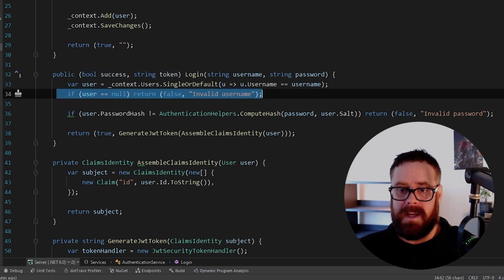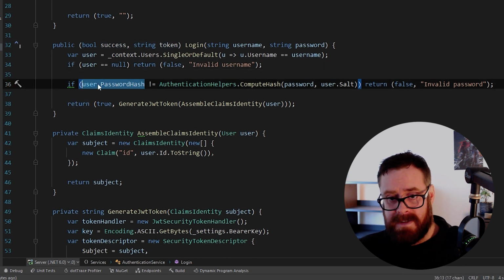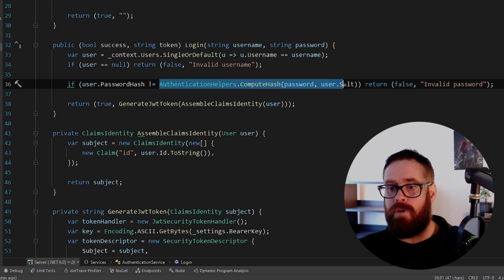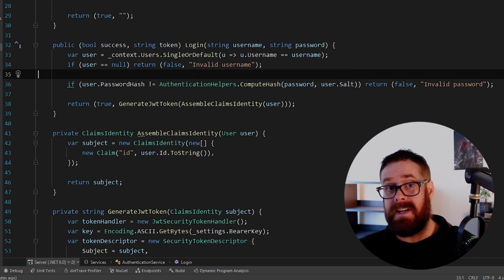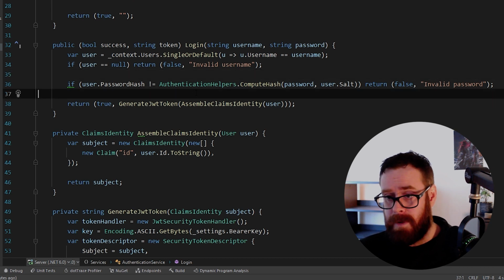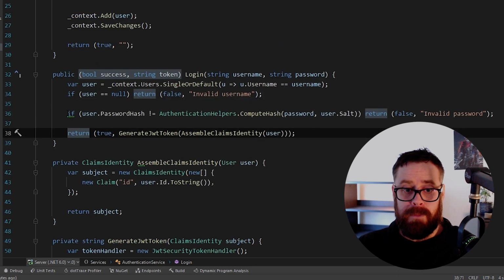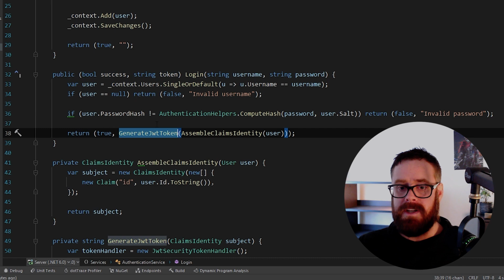So anyway, if the username is available, we are now comparing the password hash in the database, and then we are performing the hash again on the plaintext password to compare them. And I will show you what a hash looks like in a moment when we actually make a real user. All right, so if the password checks out, we now come down to this last line, which is generate JWT